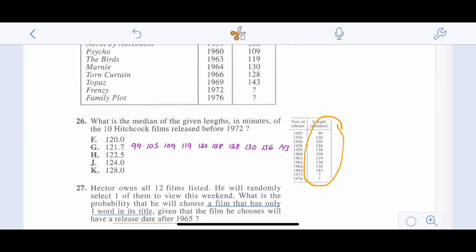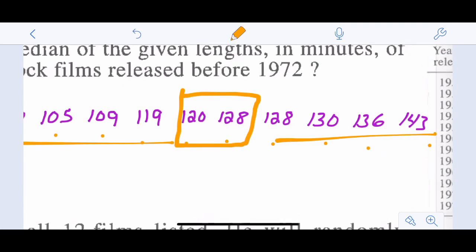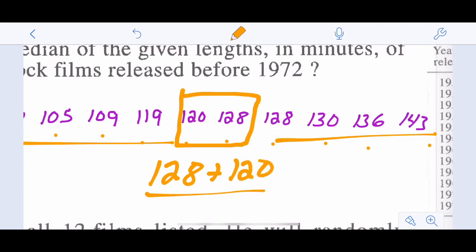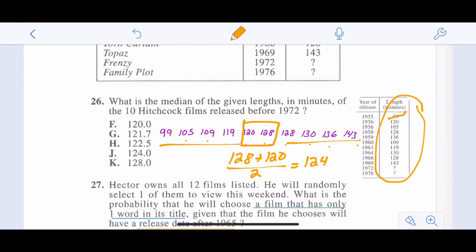And so when we put them in order, and again, when you're putting them in order, you want to mark them off. 99, mark off 99. And then you find the median. So 1, 2, 3, 4, 5, 6, 7, 8, 9, 10 numbers. So that means the median is going to be the two middle numbers. So you have 4 on this side, 4 on this side. So these are the middle. So then you have 128 plus 120 divided by 2 equals 124. So our answer is